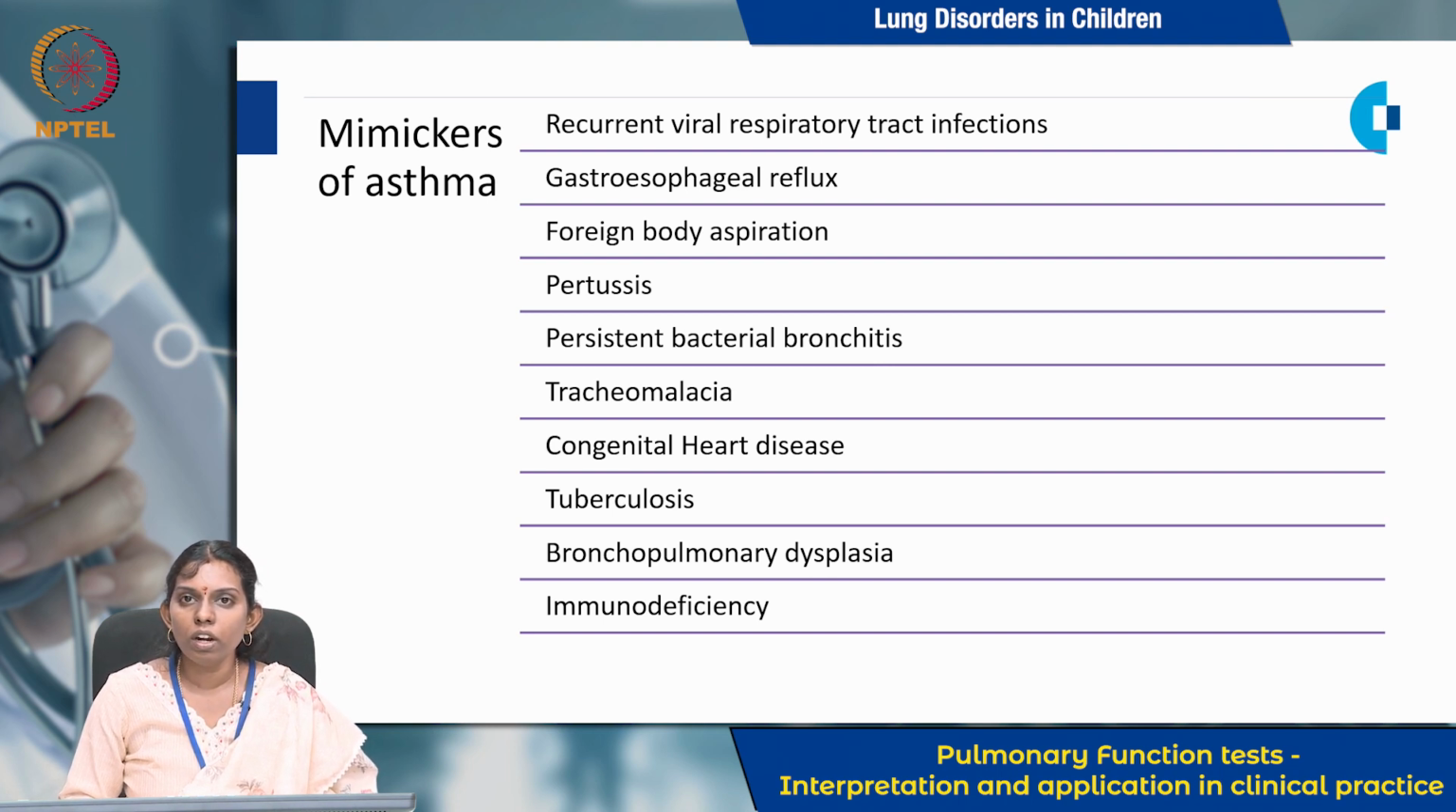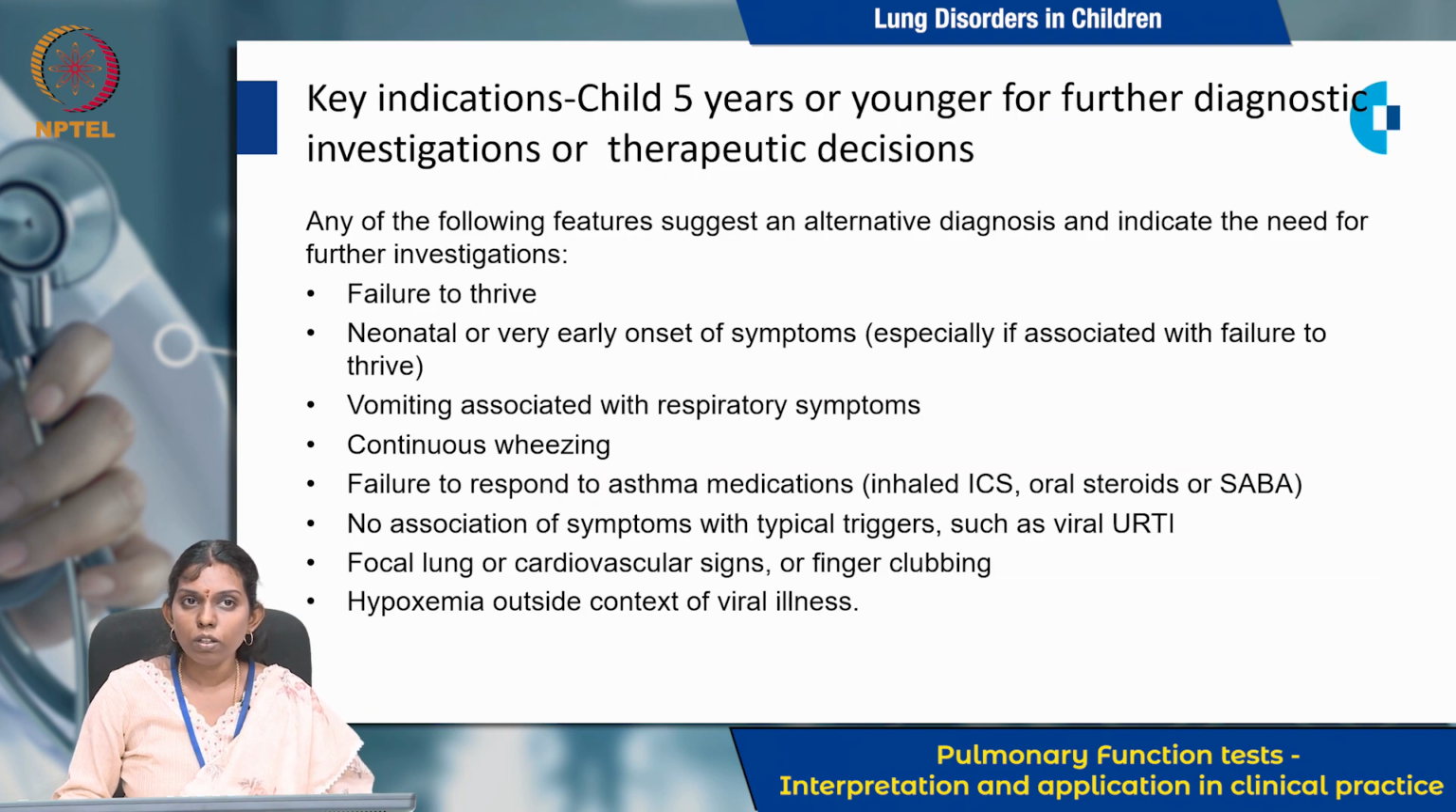It is not only a respiratory infection; they can even have a non-respiratory infection with failure to thrive. So, these are all the common mimickers of asthma. This is an indication where you will have to do a further diagnostic test, or take a therapeutic decision in a child who has failure to thrive, or neonatal or very early onset of symptoms, vomiting associated with respiratory symptoms, continuous wheezing, failure to respond to your medications like your low dose inhaled corticosteroids,